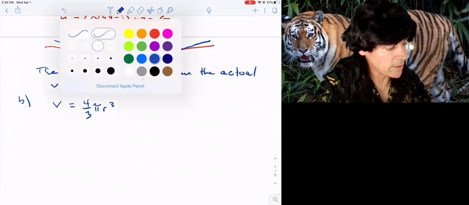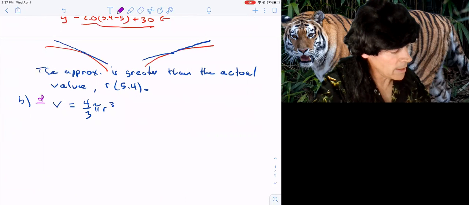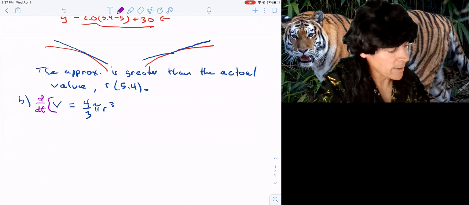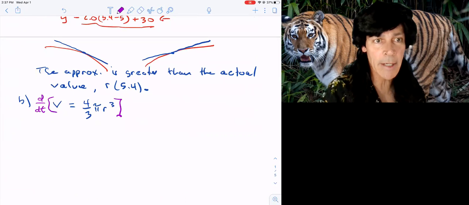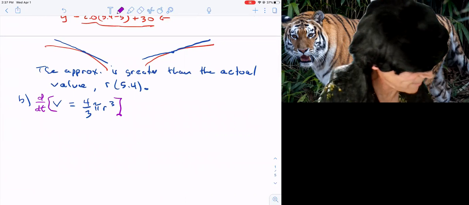Well, I'm going to take the derivative with respect to time. Watch me go. d/dt of the whole shooting match. Yep, I'll take the left side. You do the right side. Ha, I got you, didn't I? All right, dV/dt